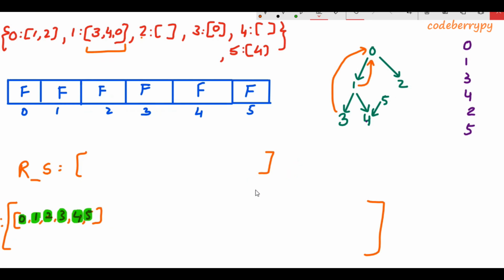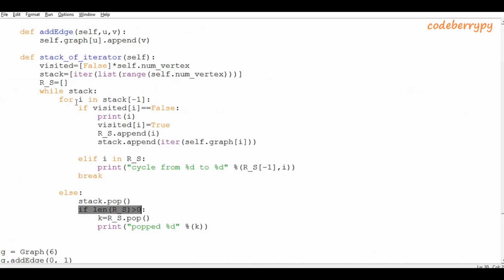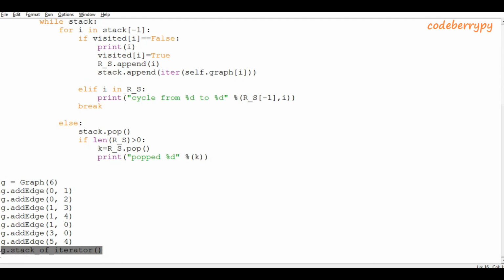So finally we're going to pop from the stack of iterators, and it will also become empty. And now again the while loop tries to rerun, but this time the stack is empty, therefore the while loop does not run again. So the overall execution of the code comes to an end, and if we call the stack of iterators in the main function,